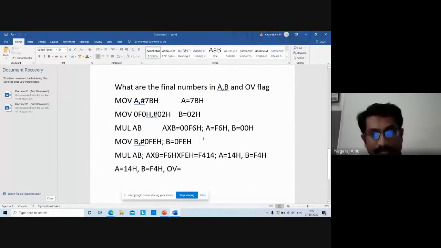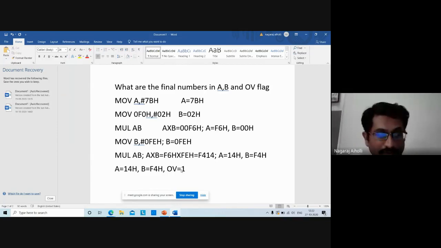But when you multiply the next time F6 with FE, it exceeded FF. You can see here F414 is a 16-bit value, while FF is just 8-bit, so obviously it is more than FFH. So the overflow flag will be set here.